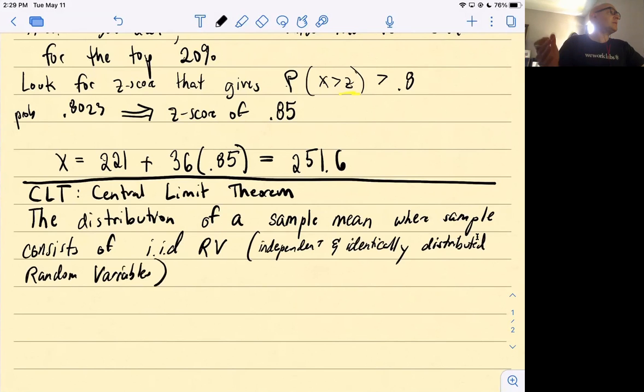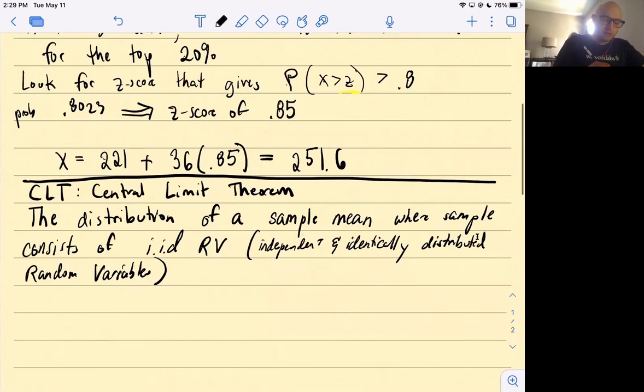So the way I think of this again, if something is an IID variable, it's like you have the same dice roll and you're just rolling it over and over, or you give like 1,000 people the same dice, and they just roll it one time and you record all the results. So each dice roll is identically distributed and independent of the other. And each random variable that you work with has mean mu and standard deviation sigma. So the distribution of a sample mean, where each sample consists of an IID random variable with mean mu and standard deviation sigma,